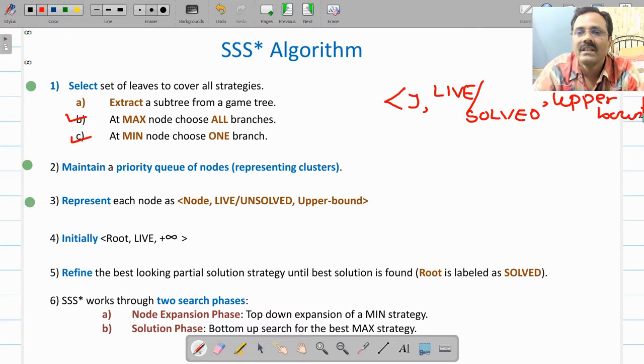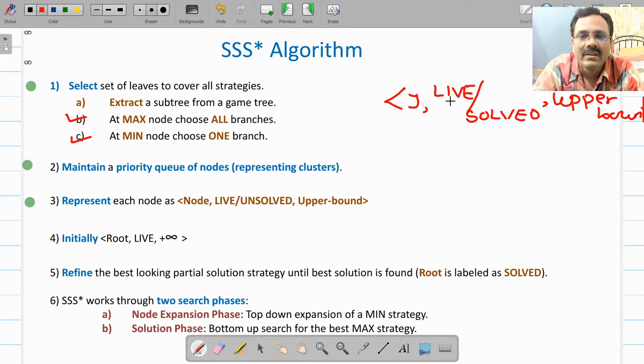The value of a live node defines the upper bound in the strategy that it contains. So the name of the node J, label it either live or solved. We will see how to do that. And the upper bound we specify with the node. So what is the upper bound? The value associated with that node. Remember that the value of a node always represents the upper bound for the strategy in which it is contained.